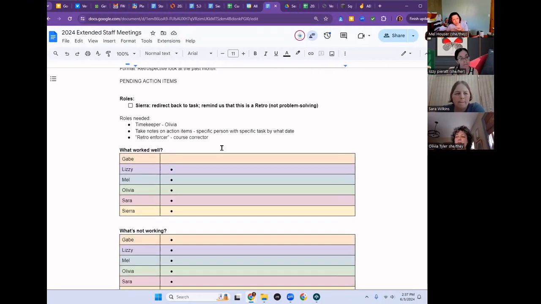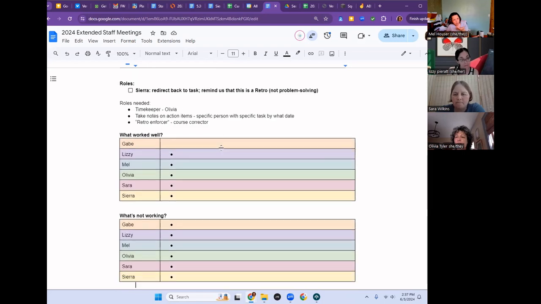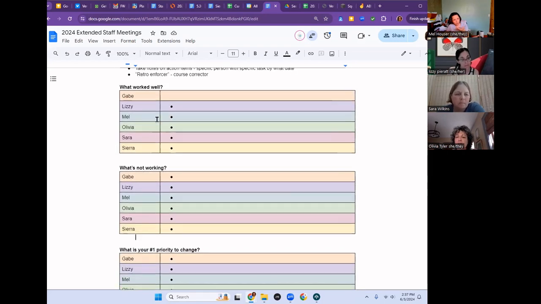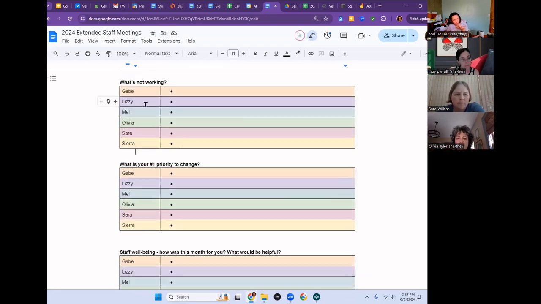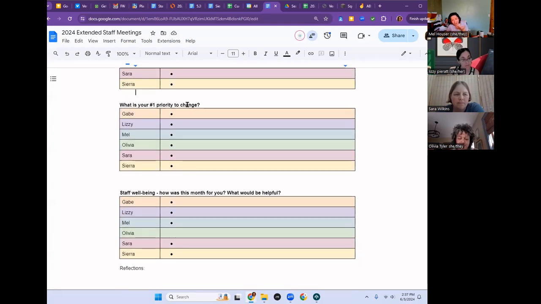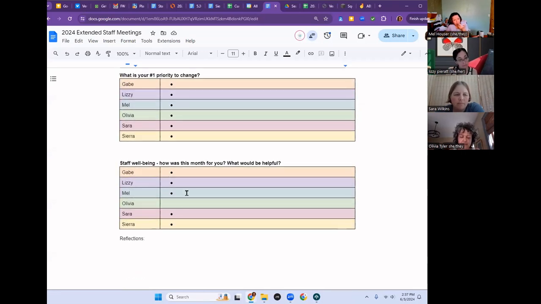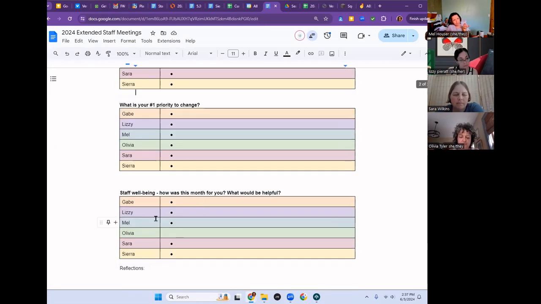So this is our template. We've got our roles. We've got what worked well, what's not working, number one priority, not priorities, but priority, singular. How will you know this month will be successful? And then, really, everything's talking about access needs, but this concept of being